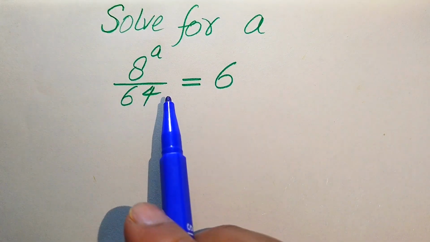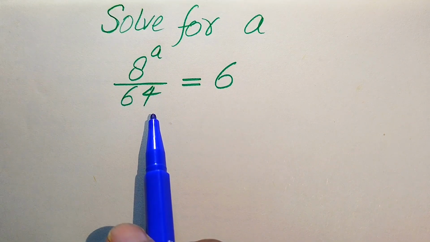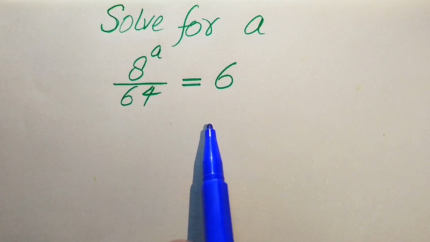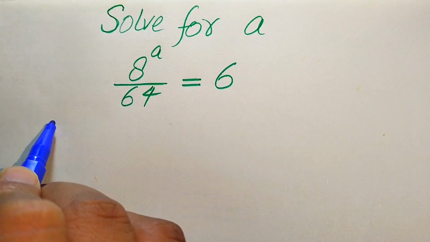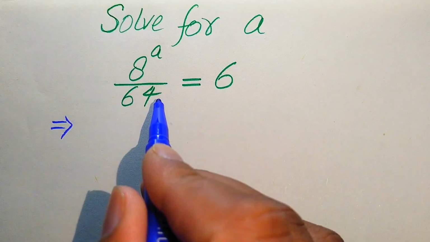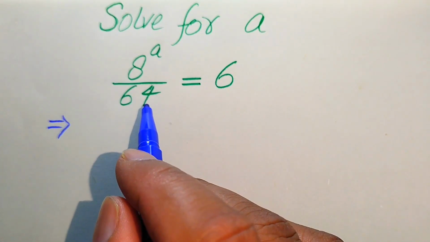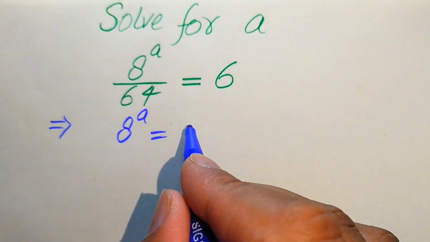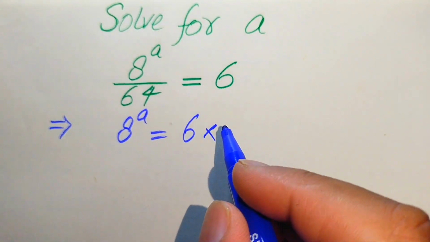So here we have 8 to the power of a divided by 64 is equal to 6, and we solve this problem for all the values of a. The very first thing we are going to do is move this 64 from the left hand side to the right hand side. It is divided here, so when we move it to the right hand side, it is multiplied by 6 and it will be written as